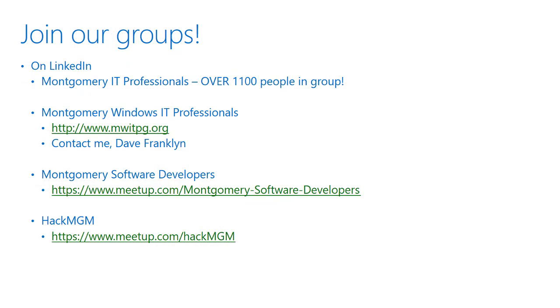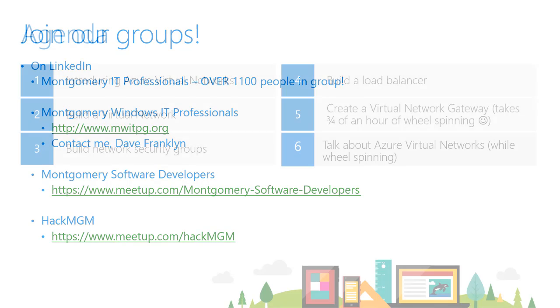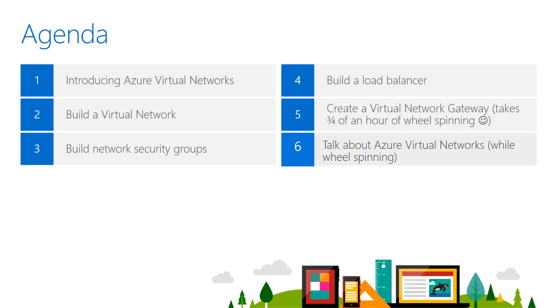In any case, I presented this slide to the group too to tell them about various user groups that we had in the local area. Montgomery, Alabama is the nearest big city. It's not really a big city, but it's the nearest big city to Troy. Troy is about halfway between Montgomery, Alabama and Dothan, Alabama, or Mobile, Alabama if you're going southeast. So this was the agenda that we had and what we were going to cover.